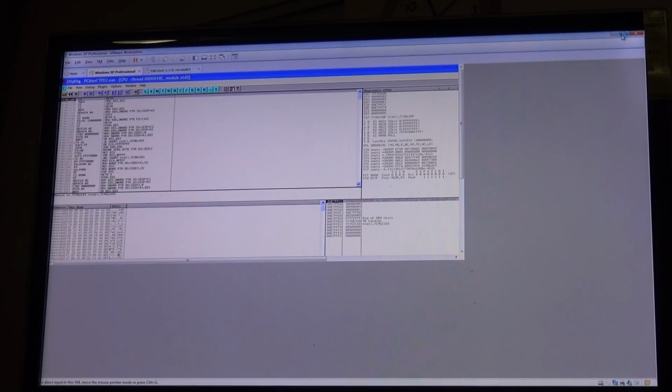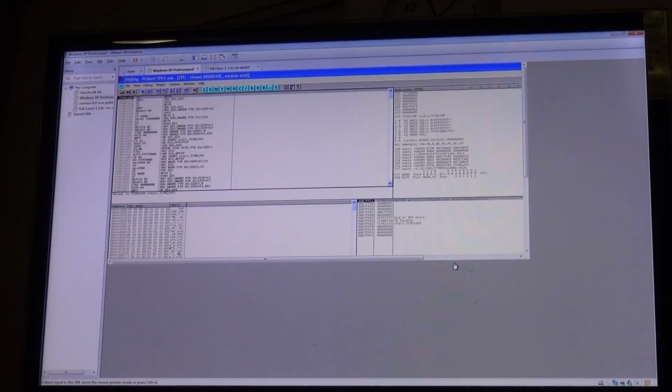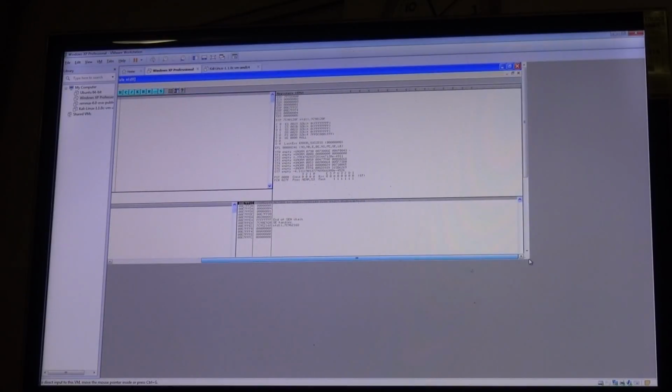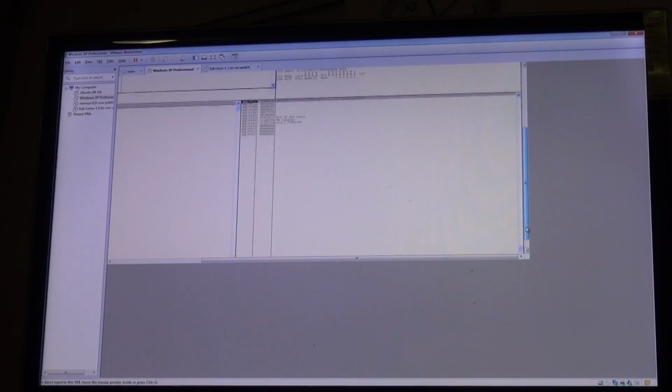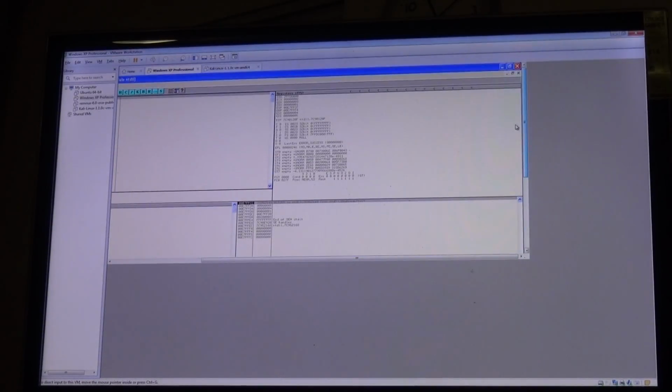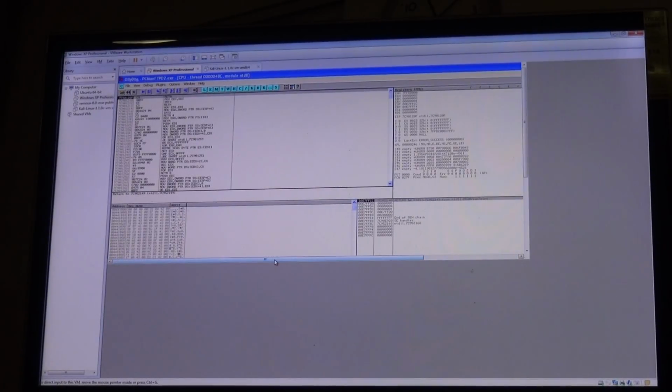So once this is loaded, we press F9. Press F9 and then it starts running. Once you hit F9, the program starts running. Okay, so it continues